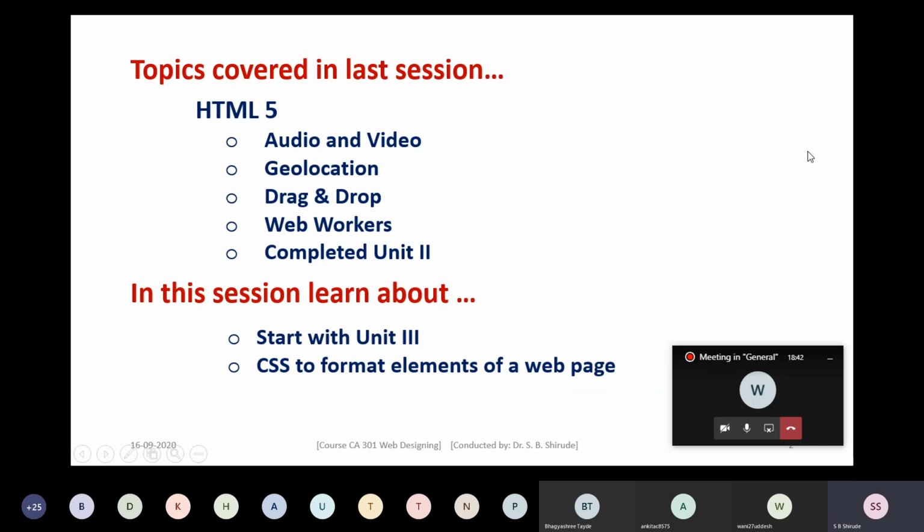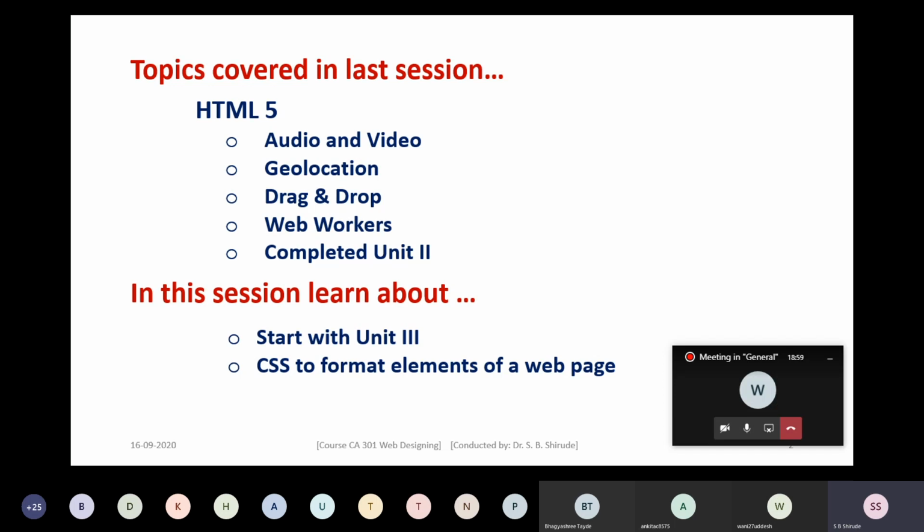Up to this, we have covered major topics related to the introduction to web development, and we have covered all the topics and the advanced features of HTML5.